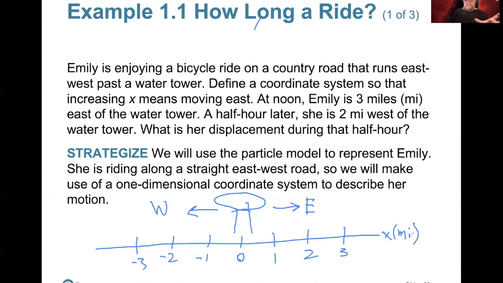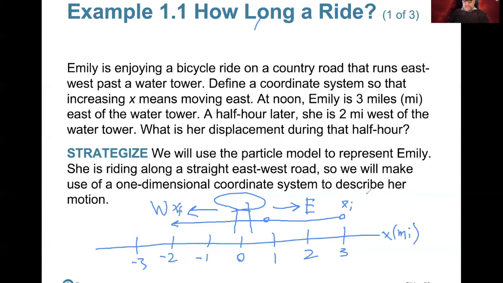Okay, so strategize. We'll use a particle model to represent Emily. She's riding along east to west roads. We'll make use of a one-dimensional coordinate system. Yes, instead of drawing a picture of Emily on a bike, we will draw Emily as a dot. There. Hi, Emily. How's it going? Okay, so Emily starts out over here. She's a dot, and she moves from 3 over here all the way to -2. Okay, so this is going to be her initial position,